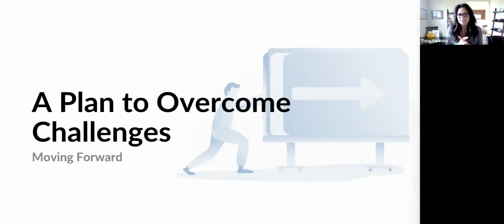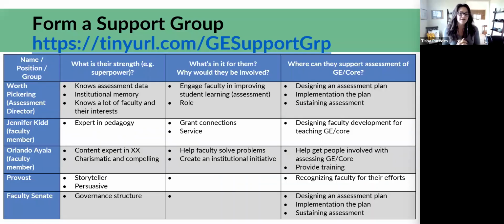So one thing that I did want to reiterate, and I thought that was a really good point that Carla came up with, is that if you want to teach gen ed, then these are the decisions, these are the things that you have to do to teach a gen ed course. You can choose not to teach a gen ed course. So let's talk about a plan.